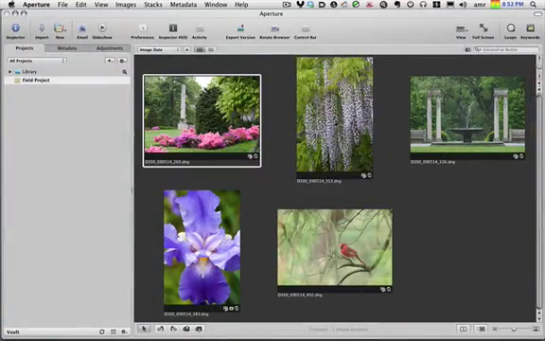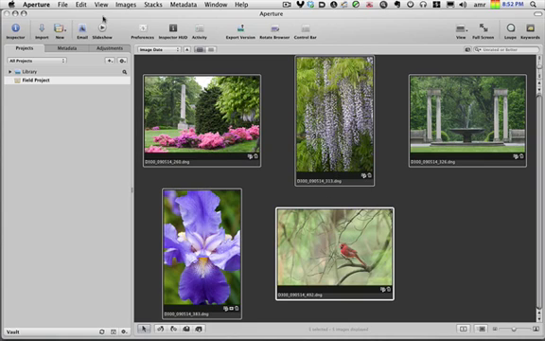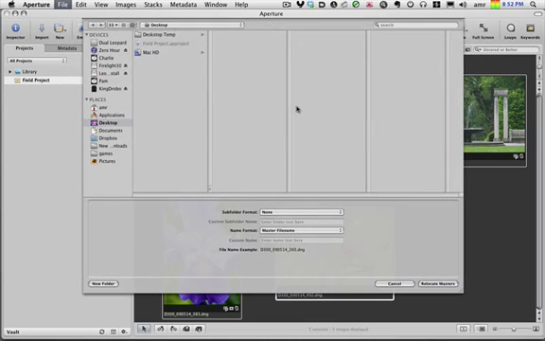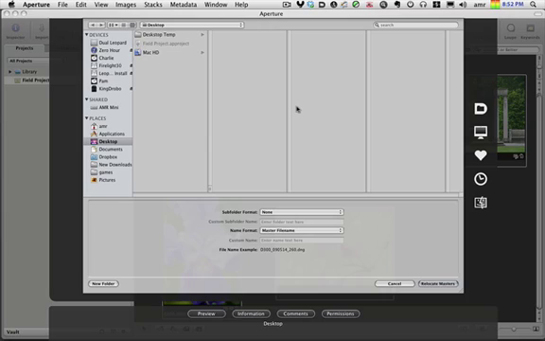I'll go back to Aperture here. And what we're going to do is select all the pictures from the project, and we're going to go to the File menu, and we're going to go to Relocate Masters. Okay, this is Aperture's way of moving the original files to wherever you want them to be finally stored. So we get our regular open dialog box, and we're going to tell Aperture we want to open up this hard drive in this folder, Image Archive, and this is where I want to store those pictures. Aperture will copy those pictures to this folder. Once I hit Relocate Masters,